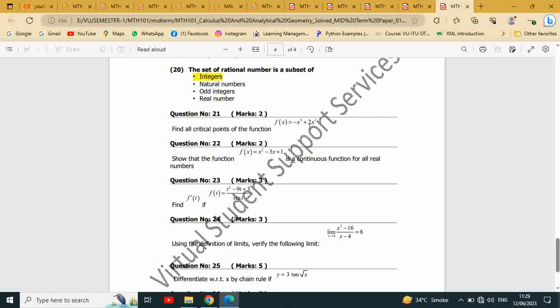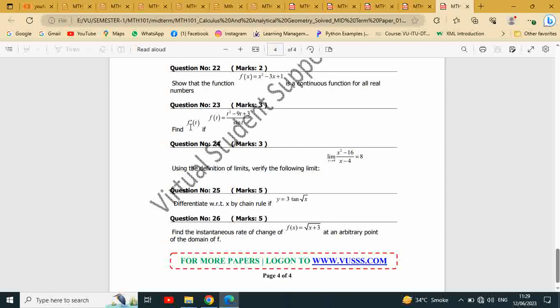Next is a 2 marks subjective. Show that the function f(x) is equal to x square minus 3x plus 1 is a continuous function for all real numbers. This is a 3 marks subjective question. If f(t) is equal to t square minus 90 plus t over sin t, find f dash of t. This is a 3 marks subjective. Using the